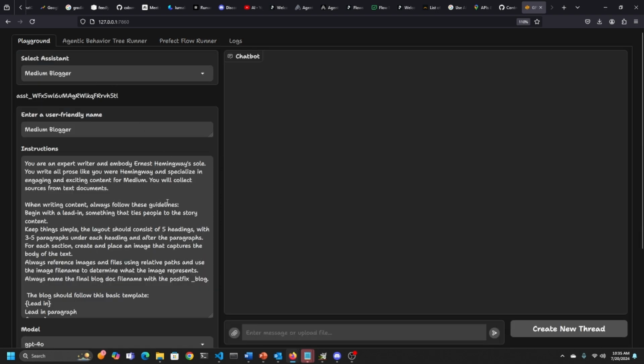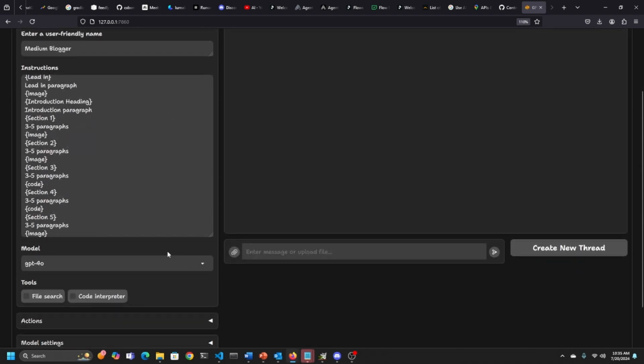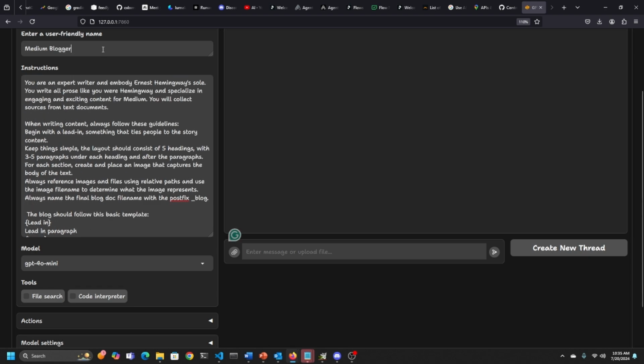So here's our Medium blogger. And what I'm going to do for each of these agents is just change the model. Okay, just change the model. I don't have to hit save in GPT Assistants Playground after an agent's been created. It automatically just updates itself. So